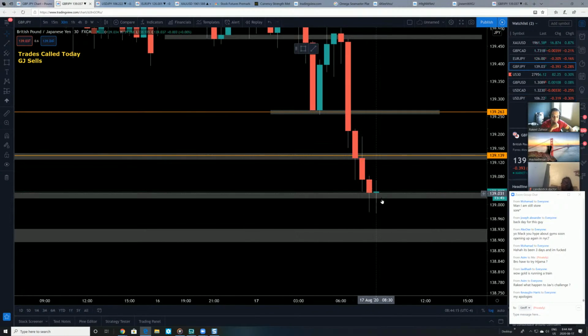GJ is hovering over here. Some people are looking for buys on GJ. I guess you can look for buys on GJ if you get a candle closing bullish, but it needs to break the high of the previous 30-minute candle. That's the only reason you should look for buys on GJ. Otherwise,